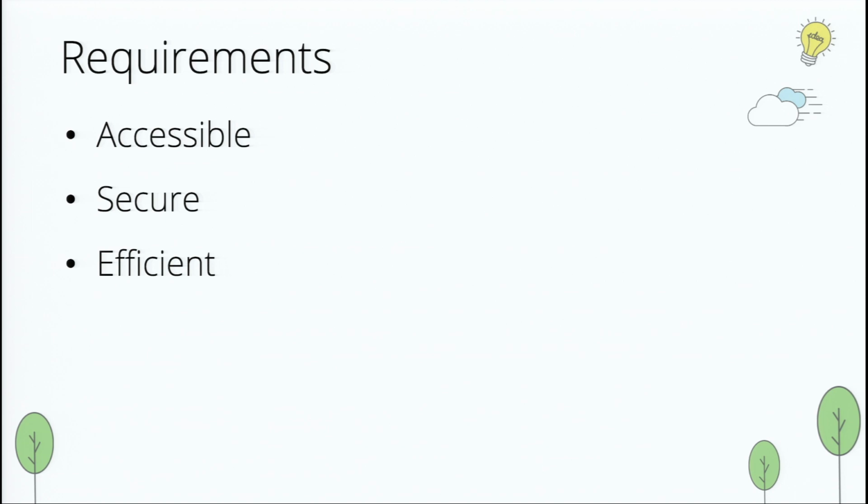But there's also some requirements. You want this information to be accessible to the people who need to see it, but you also want it to be secure, right? So when we use this paper sign-in sheet, we're not really getting either of those. This is not accessible.